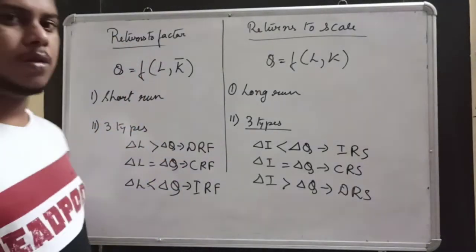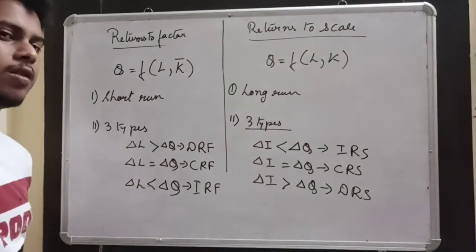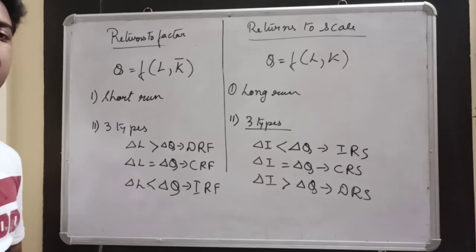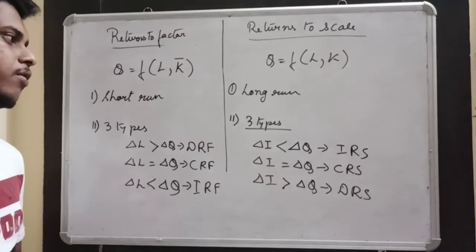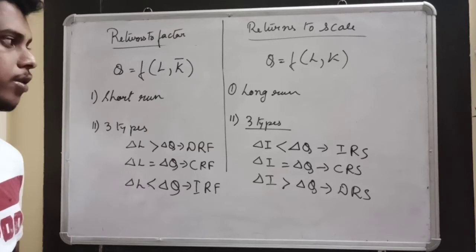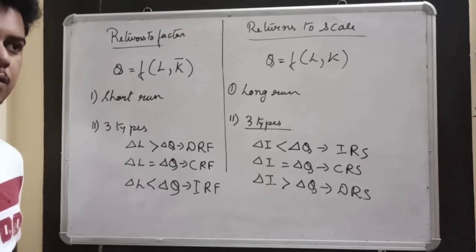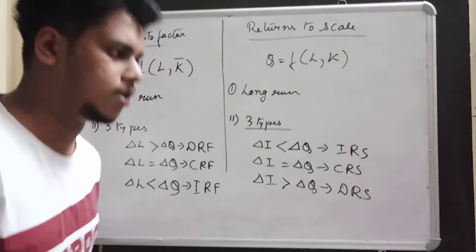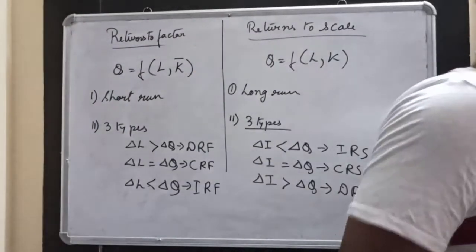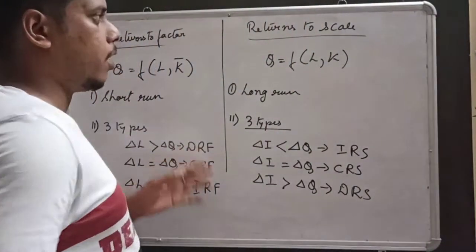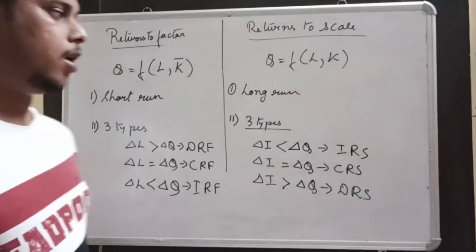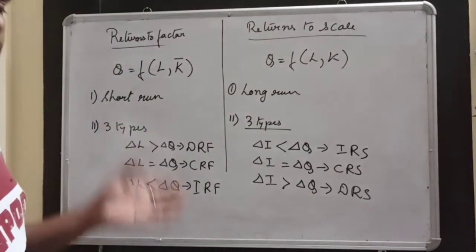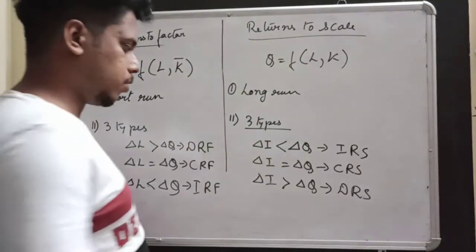These concepts of returns to scale and returns to factor are very important in the chapter of production function or producer's behavior, for understanding the phenomena relating to cost, then for understanding the law of variable proportion, and so on. So I hope this concept is clear, because you have already got it in your junior classes. We shall move towards the law of variable proportion.